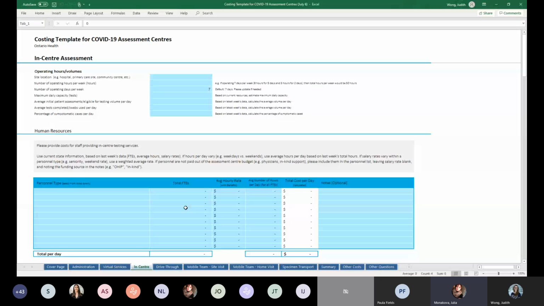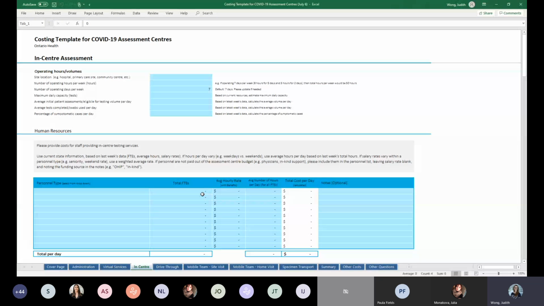Next one, did I understand correctly? We are to include in-kind support in cost calculations within the model we operate, but we are also to list them separately in other cost tab. Yeah, let me try to clarify on that one. So for in-kind support, you have a couple of options, but the key for that we want to make sure we capture in terms of in-kind support is your personnel,